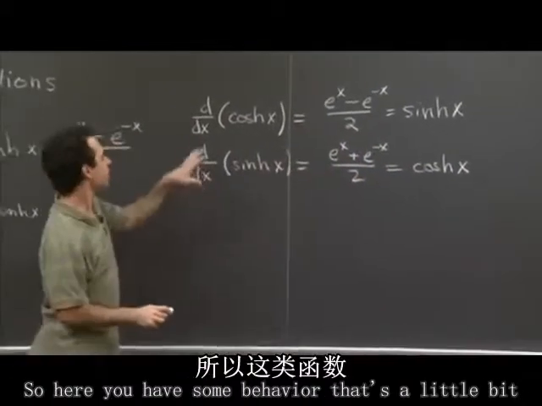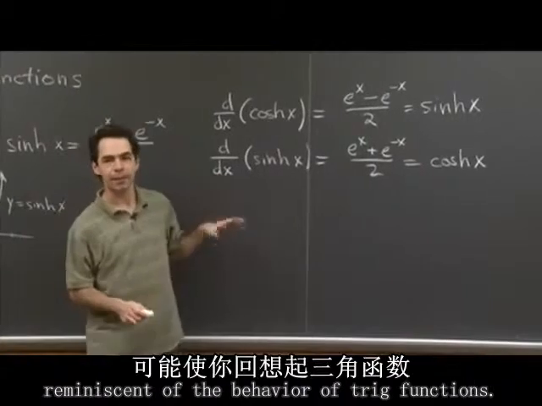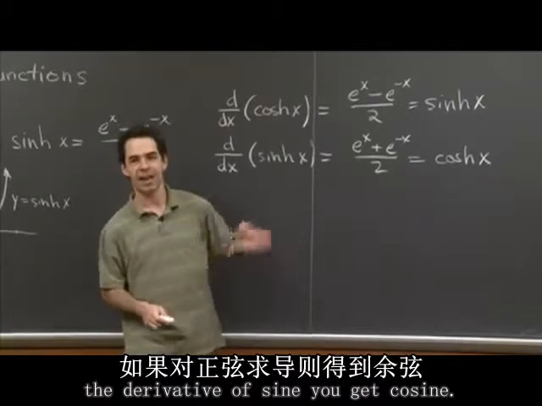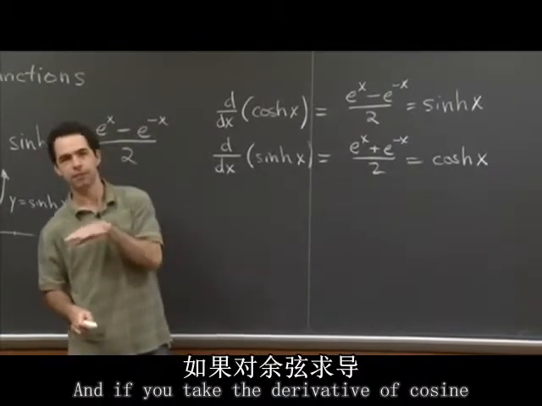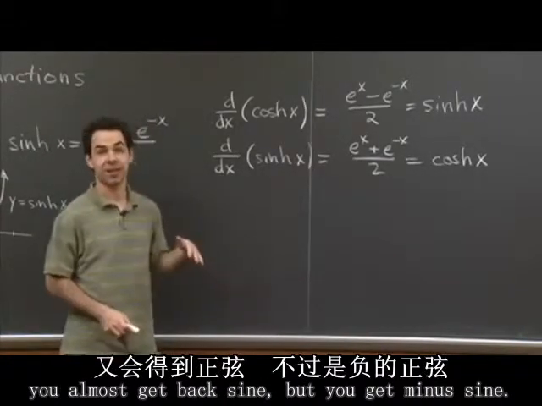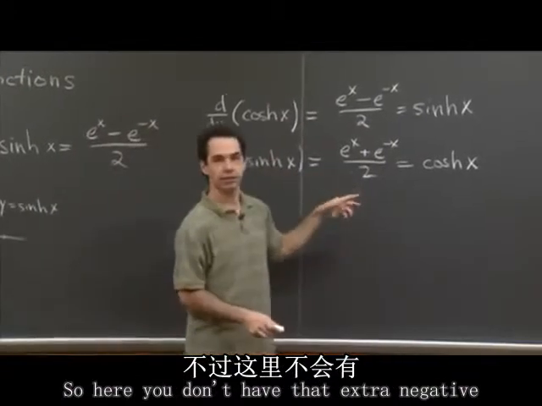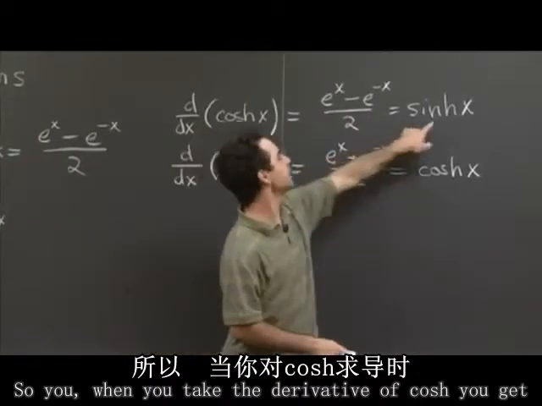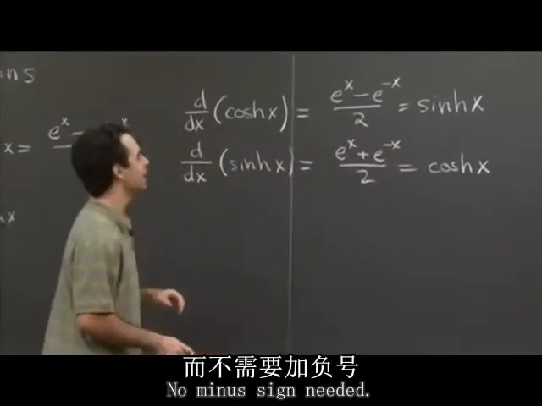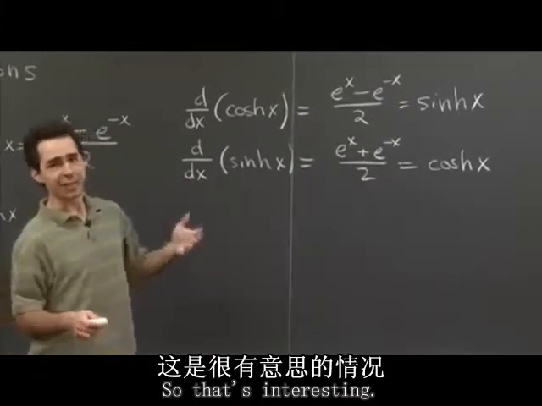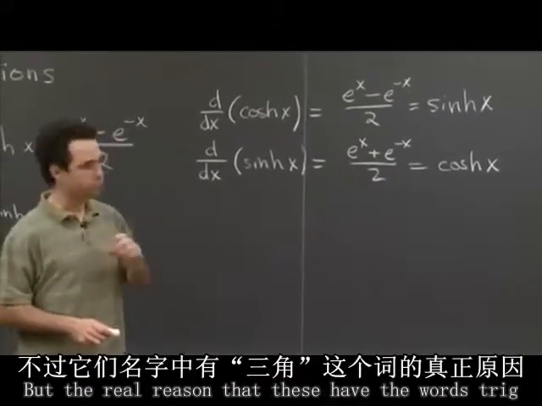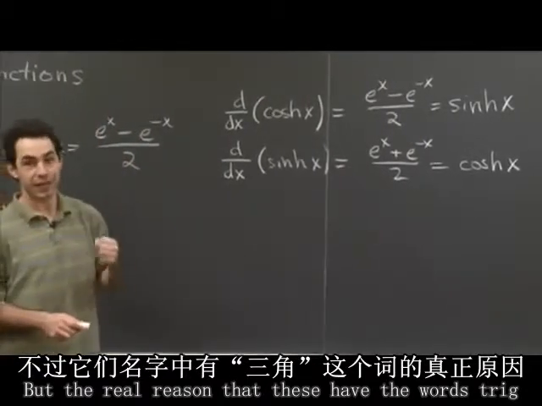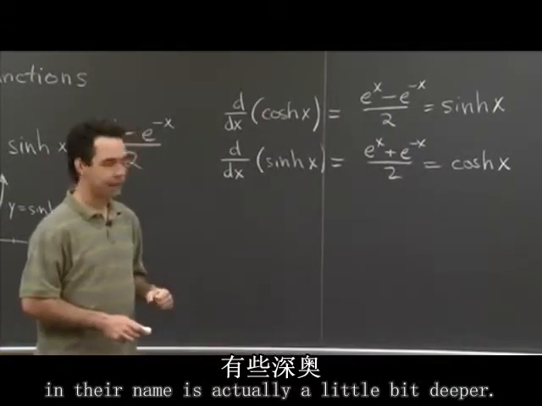So here you have some behavior that's a little bit reminiscent of the behavior of trig functions, right? For trig functions, if you take the derivative of sine, you get cosine. And if you take the derivative of cosine, you almost get back sine, but you get minus sine. So here, you don't have that extra negative sign floating around. So when you take the derivative of cosh, you get sinh on the nose, no minus sign needed. So that's interesting. But the real reason that these have the words trig in their name is actually a little